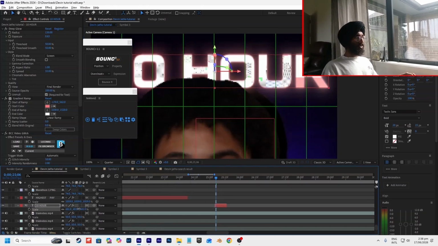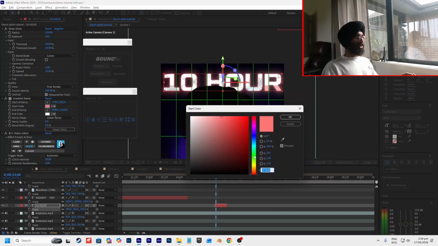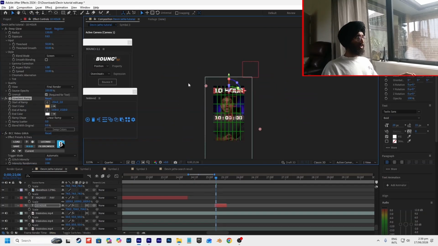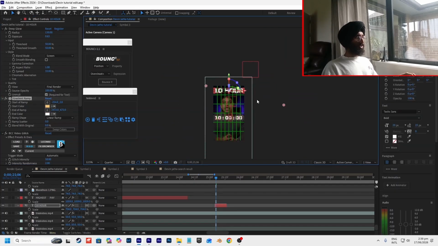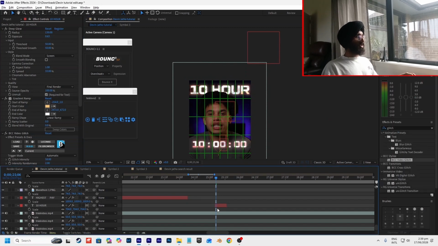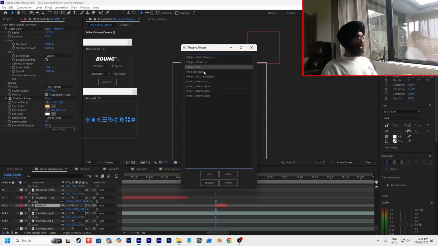Even bigger, could do. Now I'm just gonna make it orange, like that. We don't need a glitch for this, so I'm going to delete the glitch. But what I will add is that text evo. So just a blur